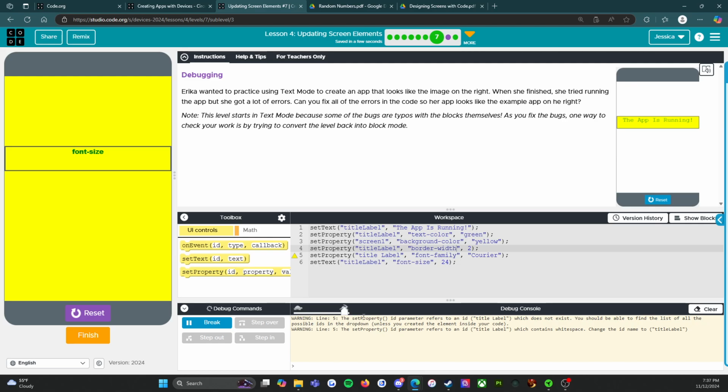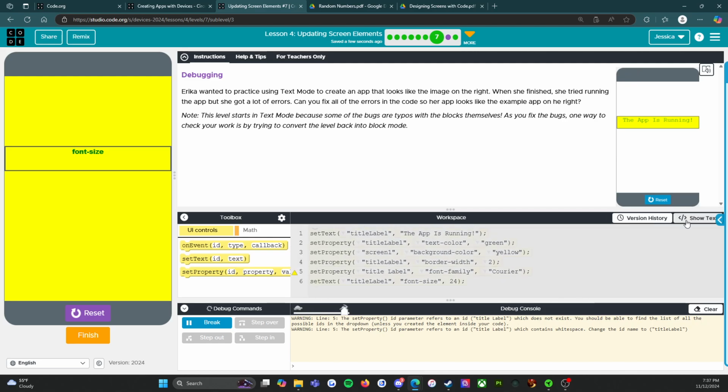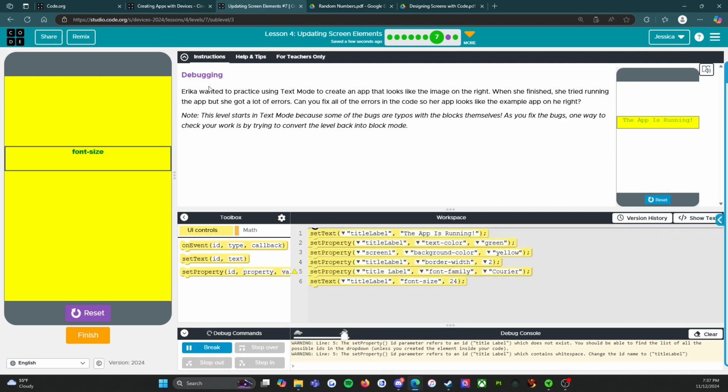Warning, line 5. The set property ID parameter refers to an ID title label, which does not exist. You should be able to find the list of all the possible IDs in the dropdown unless you created the element inside your code. So let's just see if we can go to block. Oh, look at that. All right. So we fixed all the typos, but